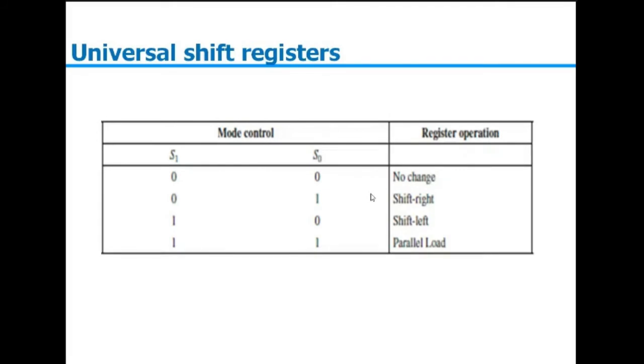You can assign the different functionality to the different inputs of the mux depending on S0 S1. So first I will be having a 4:1 mux, with inputs I0, I1, I2 and I3. Let this be my 0th input, this is 1, this is 2 and this is 3, and we are having two select lines, S1 and S0, and one output.